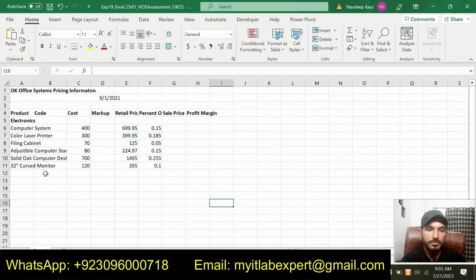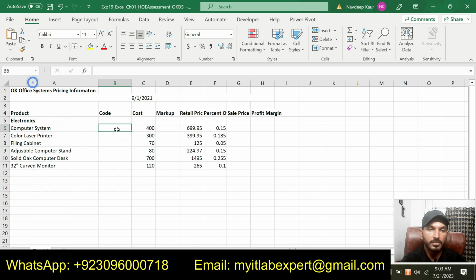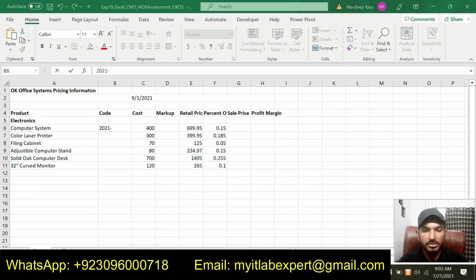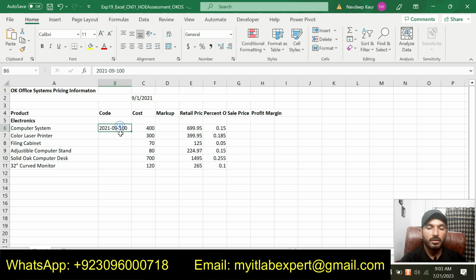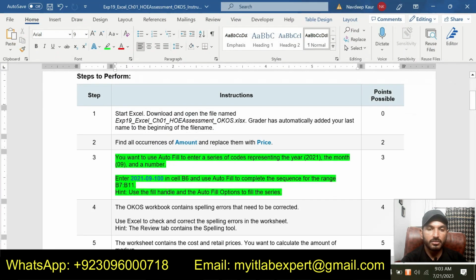Where is B6? This is B5, this is B6. So this is B6. We are supposed to type 2021-09-100. We have put this value there.